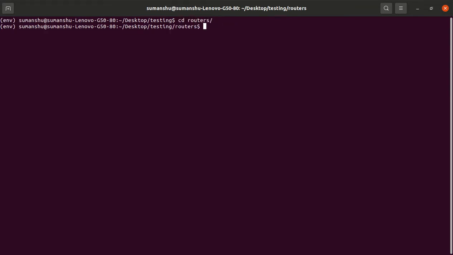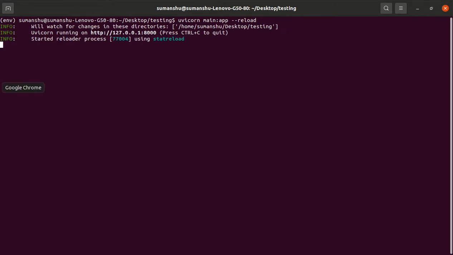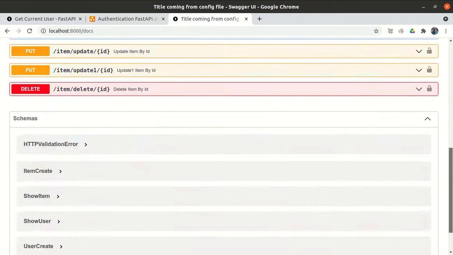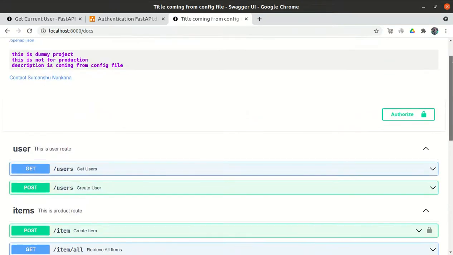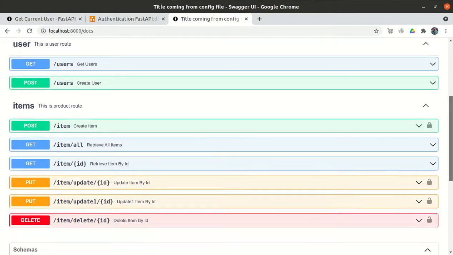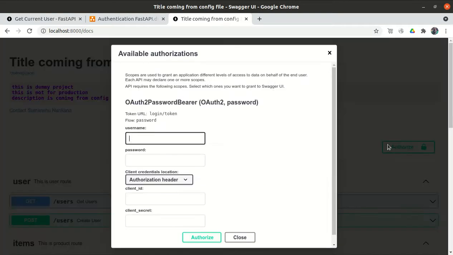Let me go to the routers. First let me show you our current situation. uvicorn main:app --reload. In the last video we used the OAuth2 password bearer, and using that we created this particular form.